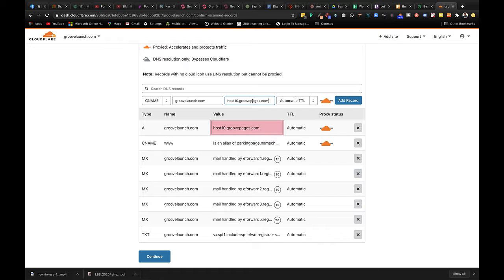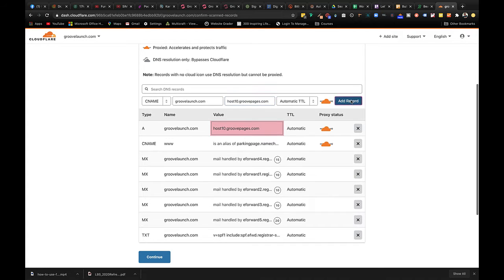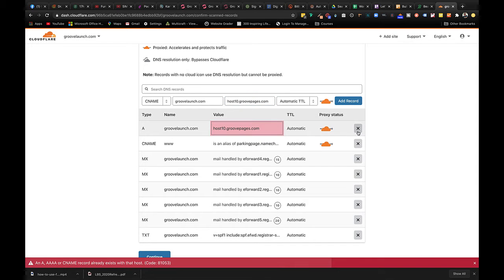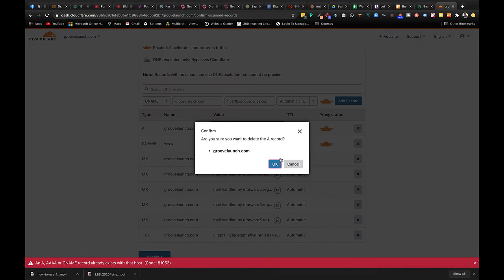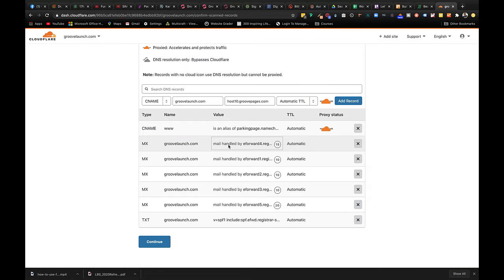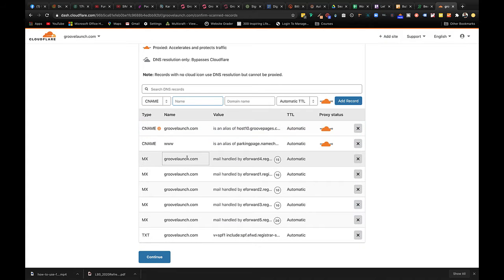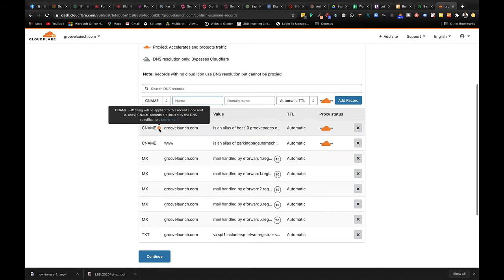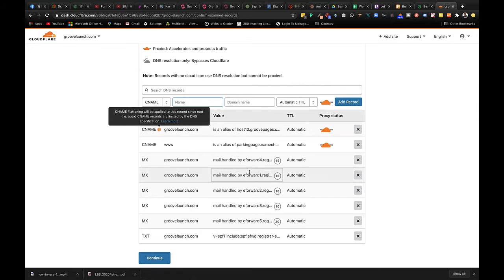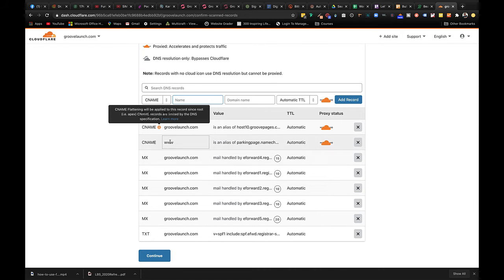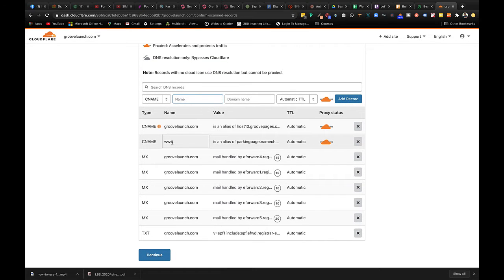Let's go, that automatic TTL add record. We're going to delete this A name. Delete. Did that add? There we go. Flattening will be applied to this record. That's fine, no problem. And you want to make sure you have the dub pointing as an alias to